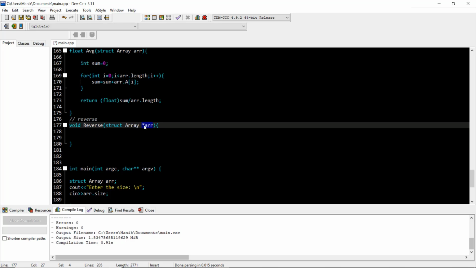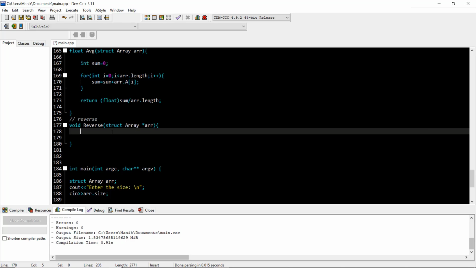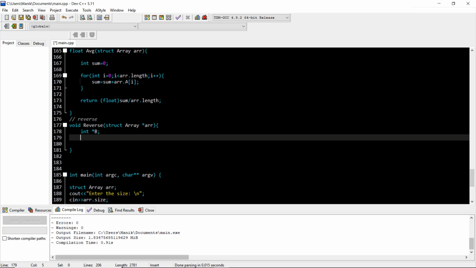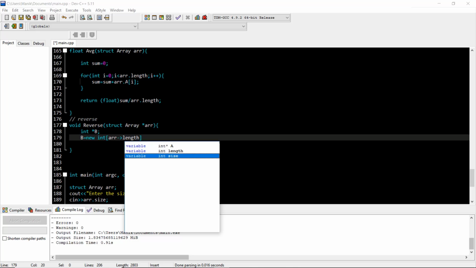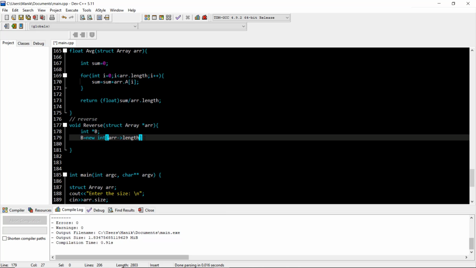Whenever you need modification it should be a reference type. Okay, so create a new array star b. The size of star b is capital B is equal to new int of arr dot length. Okay, and not dot, arrow, if you have seen this.